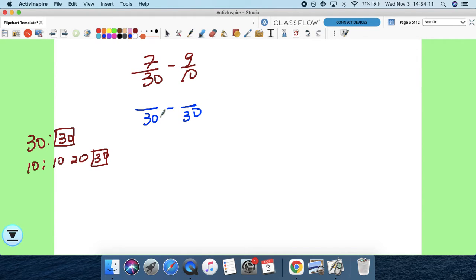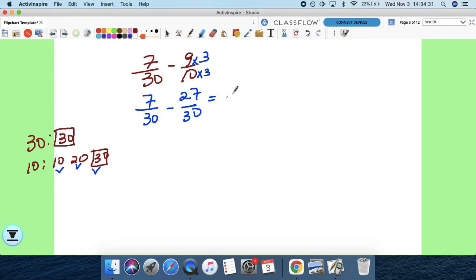So 30 is already 30, so I'm going to put a 7 over here. There's no need to change 7 over 30 to another equivalent fraction when it's already 7/30. 9 over 10, well, that one is going to change. So 9 over 10 times 3, right? Because 10 times 1 times 2 times 3. And then top is going to be times 3,